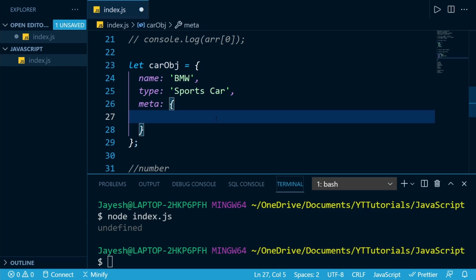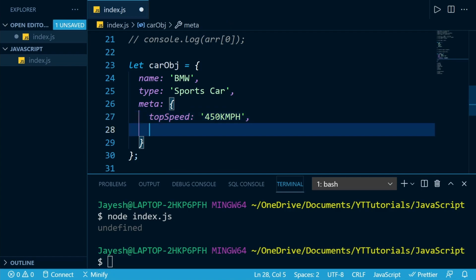Let's just see how we declare them. It might have some metadata, for example something like top speed, so it could be something like the string 450 kilometers per hour. I know it might be completely unrealistic, but this is just an example.